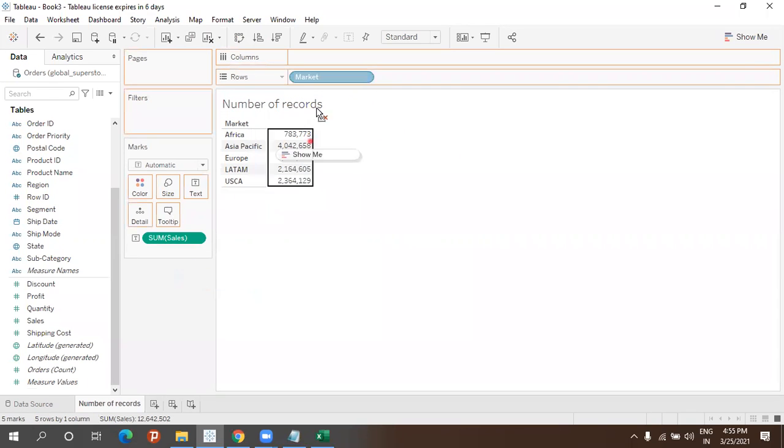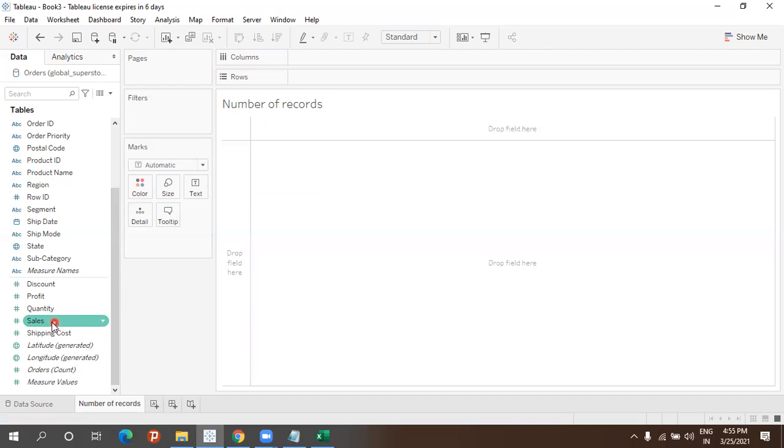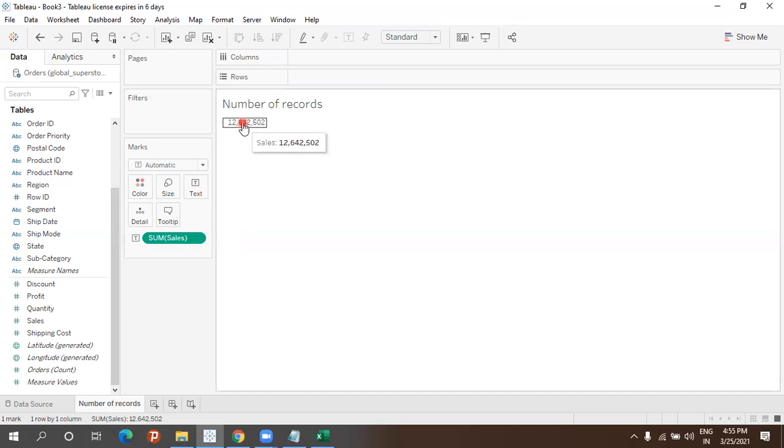Before that, first just take the total sum of sales. Only take this much. Just take sum of sales. How much are you getting? So how many records are there here? This much are there, right?